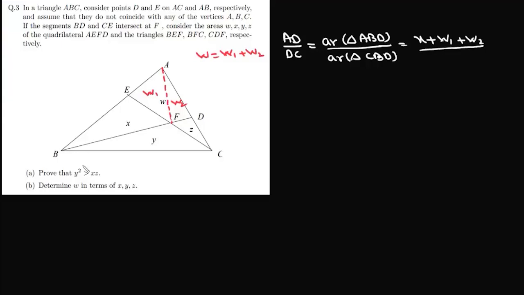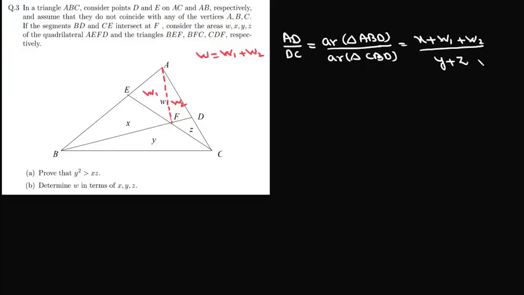Now we can write this ratio AD upon DC as equal to area of triangle ABD upon area of triangle CBD, since from B they have the same perpendicular distance, the ratio of their areas will be proportional to the ratio of their bases. Now this ABD is X plus W1 plus W2